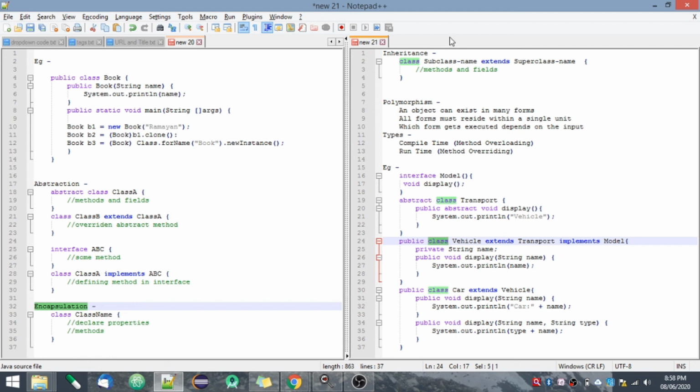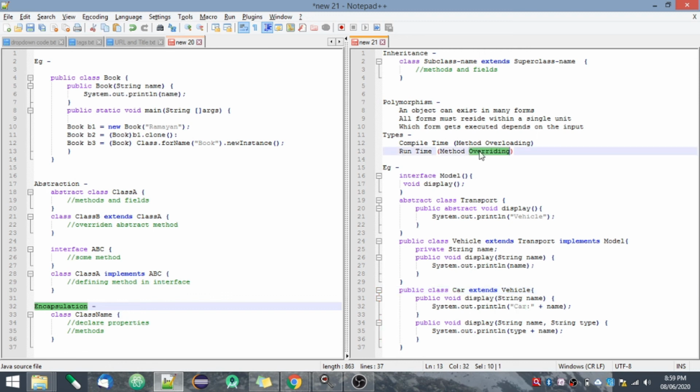Now inheritance. As you can see, Vehicle is extending the Transport class. So Transport is a base class, Vehicle is a child class. Here I am extending Vehicle, so Vehicle is a parent class and Car is a child class here. And in polymorphism I told you there are two ways, right?